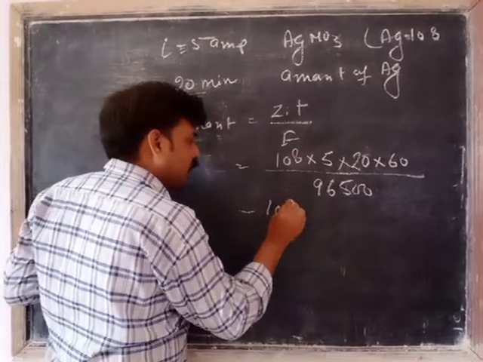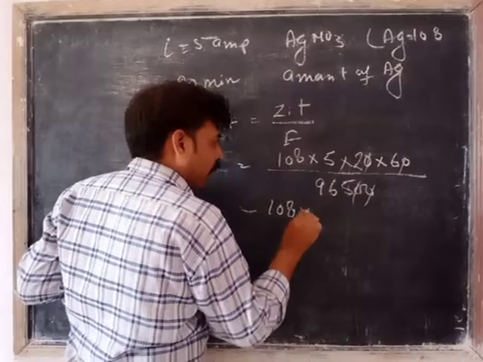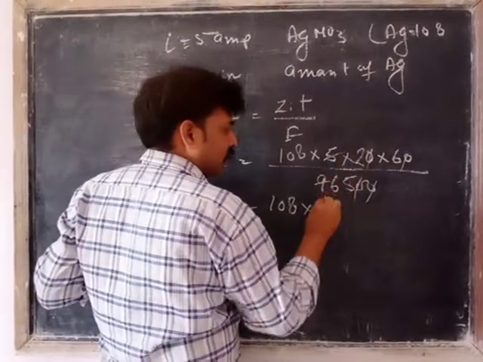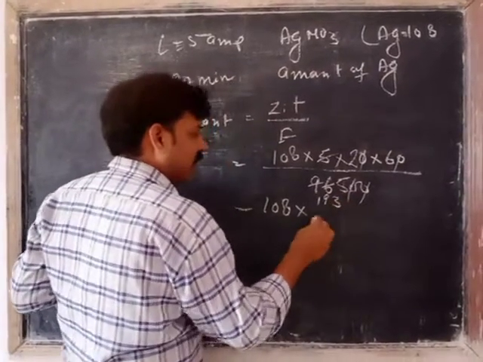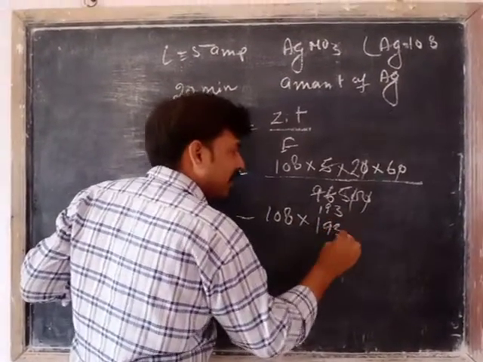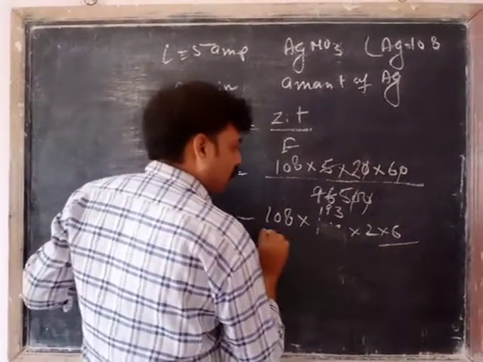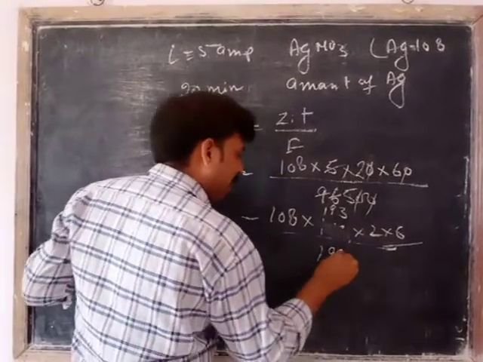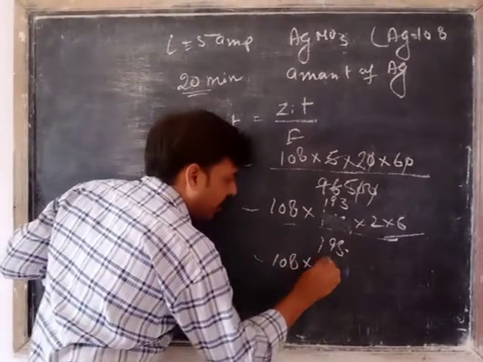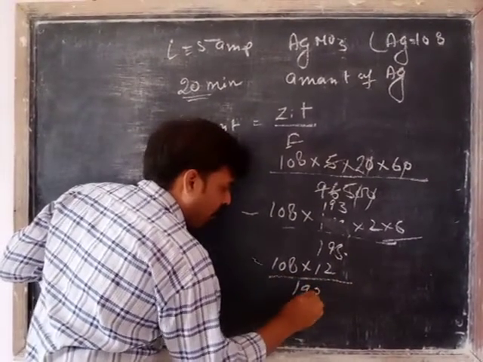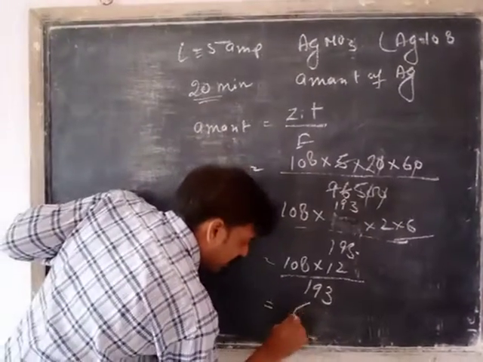So it is 108 into 5 into 20 into 60 upon 96500. By solving it, it will be 108 into 12 divided by 193 equal to